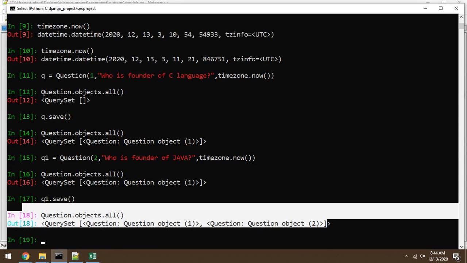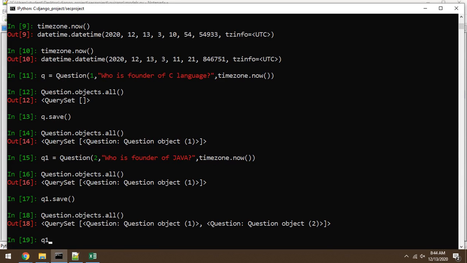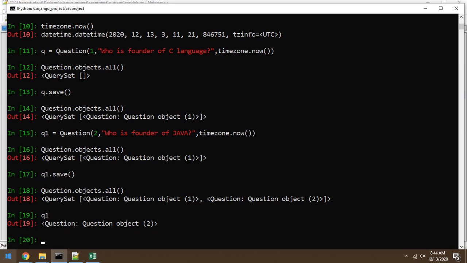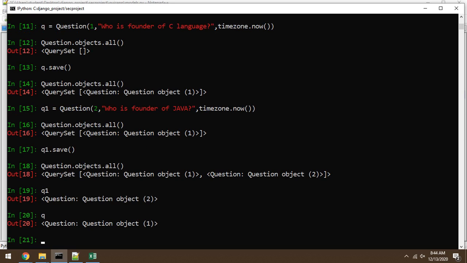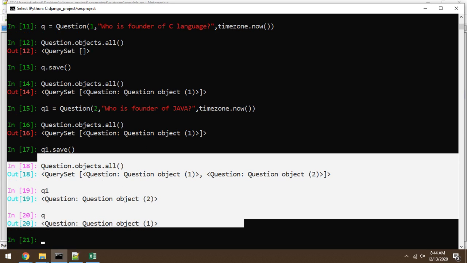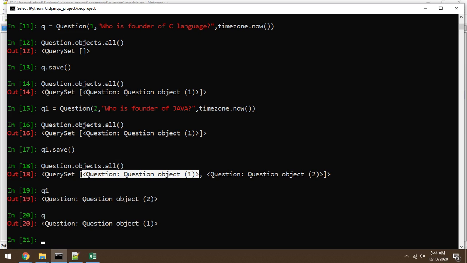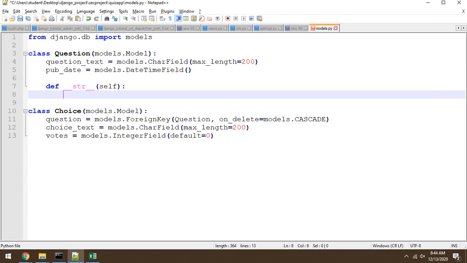जब आप यहाँ पे ऑब्जेक्ट को प्रिंट करोगे तब... मैं ऑब्जेक्ट को प्रिंट करना क्यों बोल रहा हूँ, जैसे मैं q1 को प्रिंट करूंगा ना, तो गाइस क्या आ रहा है आउटपुट देखो: q1 मतलब माय सेकंड ऑब्जेक्ट, q मतलब माय फर्स्ट ऑब्जेक्ट। तो जस्ट कंपेयर ऑल दिस। सो यहाँ पे आउटपुट क्या है, q को प्रिंट करने पे Question object (1), सो ये सेम आउटपुट यहाँ पे देखो। ओके, तो जब भी सबके सब ऑब्जेक्ट प्रिंट करने की ट्राई करोगे तो वो एक्चुअली हर एक ऑब्जेक्ट को प्रिंट करता है।